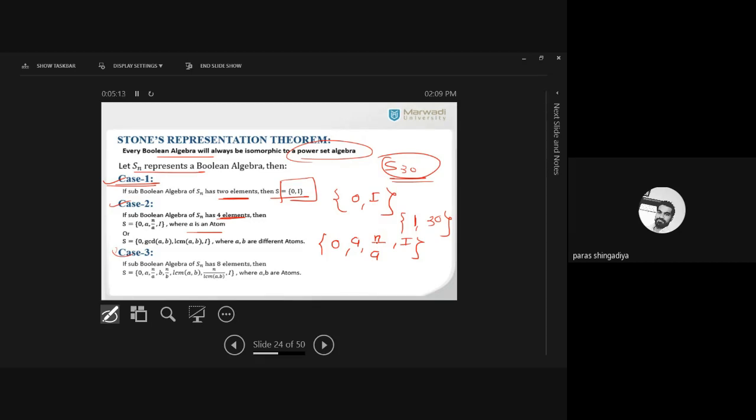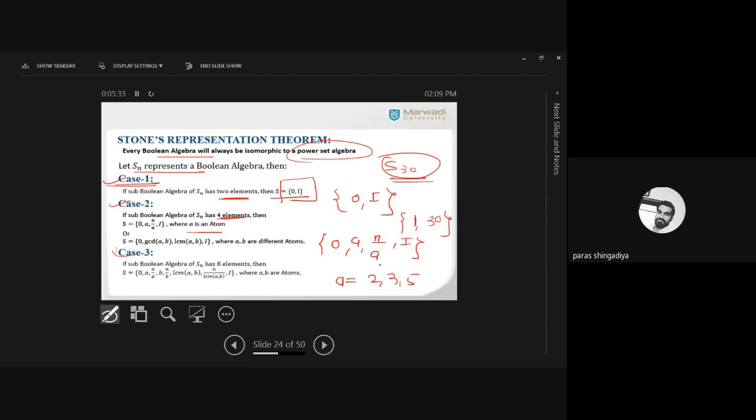So we can predict the three various answers which include the four elements. When we change the atom, we'll get a different answer. Clear? We have the atom in S30, that is 2, 3 and 5 are the atoms. So when we replace 2, we'll get one answer. When we replace 3, we'll get another answer. And when we replace 5, we'll get one more answer.